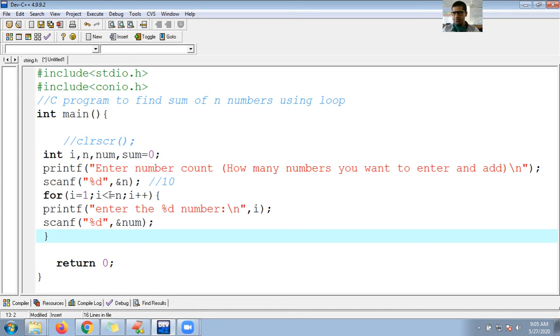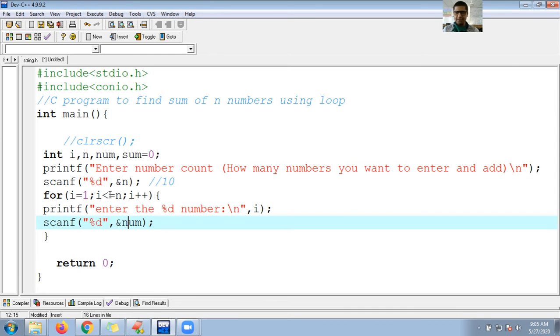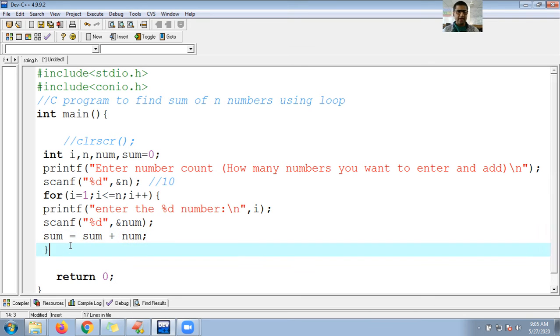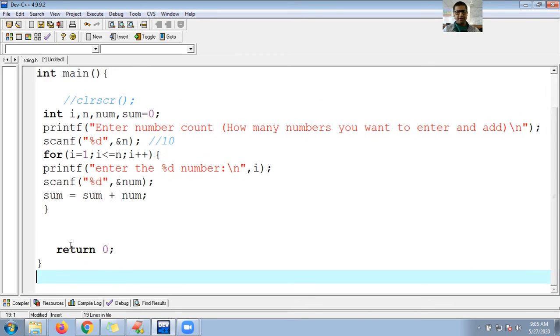And here, the value that has been read, I am trying to hold into num. So what should I do? Let me perform addition now. Let me perform sum. So sum is available in sum. So sum plus my entered number. Initially sum is 0 plus entered number. So this is the count, and finally I want to show the output.